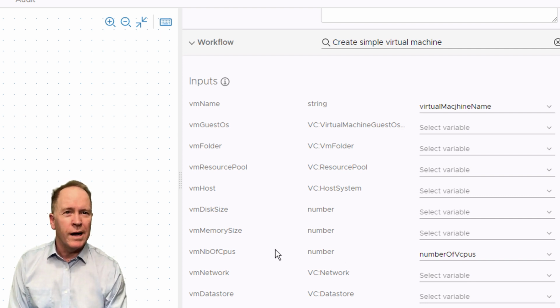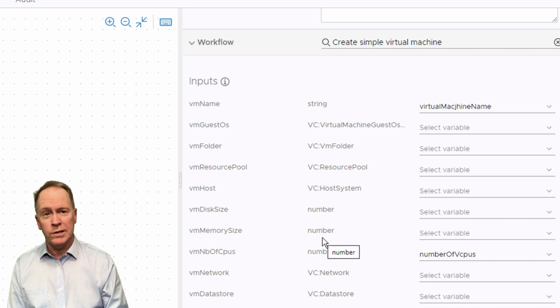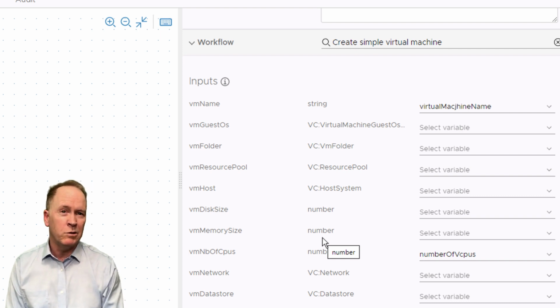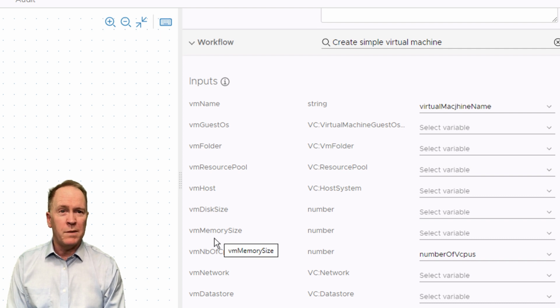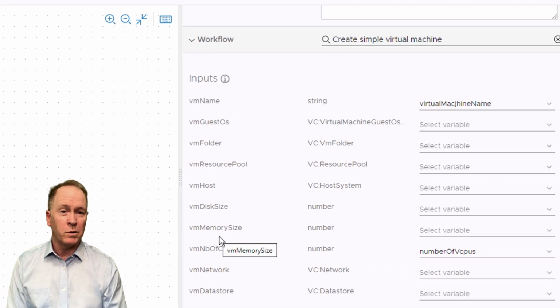So let's do a couple more simple ones like memory size and disk size. So with memory size, it too wants a number. If I want to let the user control this, I'd create an input. On the other hand, if I want the user to not have control over how much memory, and instead I want to hard code that, I could create a variable. In fact, that's what I'm going to do. To create a variable for vmMemorySize, I could go to the Variables tab, create the variable, then come back here to the Schema tab and bind his variable to my new variable. But as I said before, we can do this much more quickly just by staying on the Schema tab, clicking Select Variable,